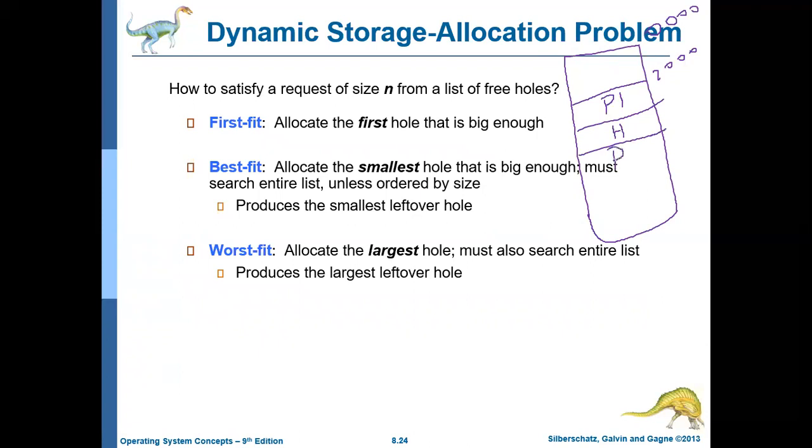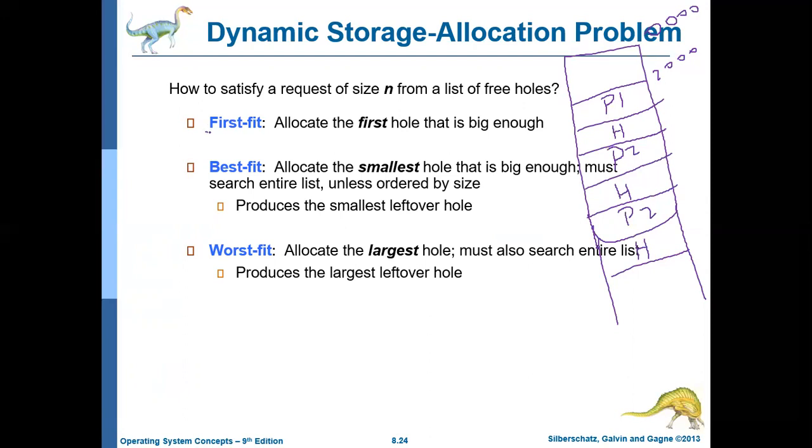Then there is a process. Then there is a hole. So there are many holes, and there are sufficient processes also. Let us assume the memory is not ending here. It is continuing. So you have many holes like this. Now when a new process comes, which hole should be allocated? There are many ways of doing this. Basically, there are three ways of doing this.